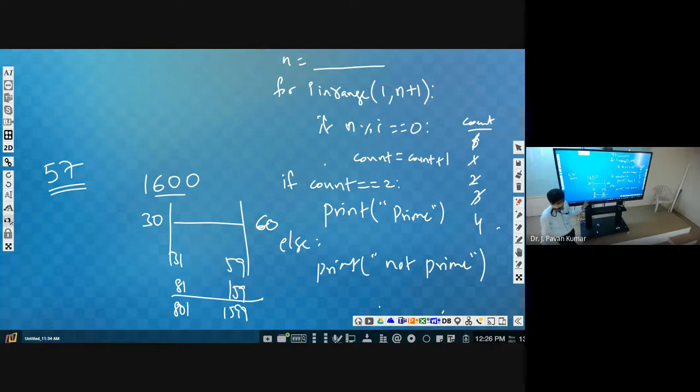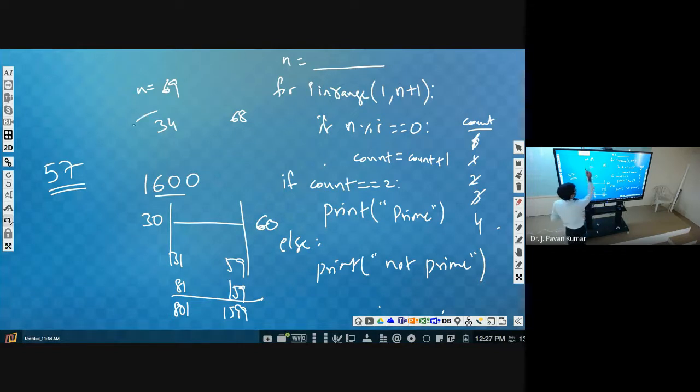It is possible. Okay, you consider 69. Then 34 to 68. What is n by 2? First of all, this is n. So n by 2 will be 34, 33 or 35, whatever you consider.